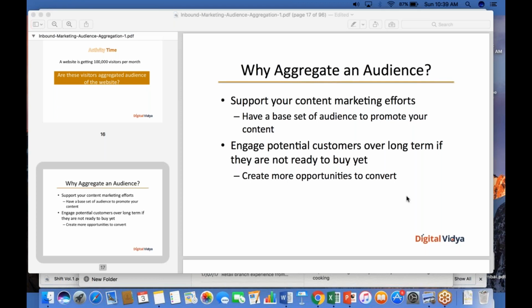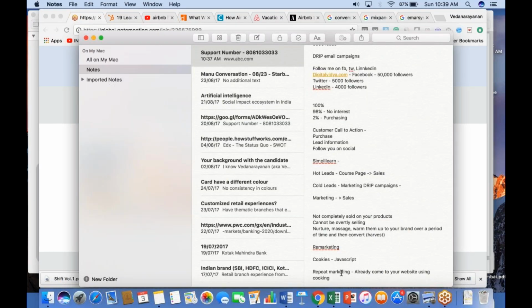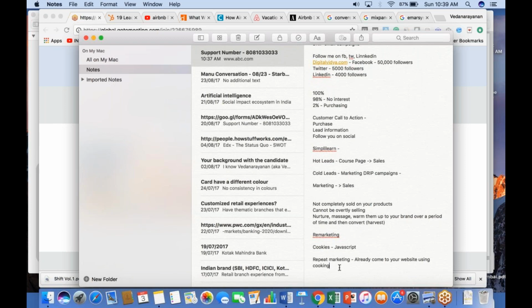There is something called a conversion pixel, which every remarketing platform embeds on your thank you page. Let's say you have an e-commerce site with a thank you page, which is the page the customer sees after they've made a payment. Let's say you've gone to Flipkart and purchased a bag of baby diapers, and you see a confirmation page after you've paid. All of those cookies which have made a purchase are excluded from the remarketing pool.